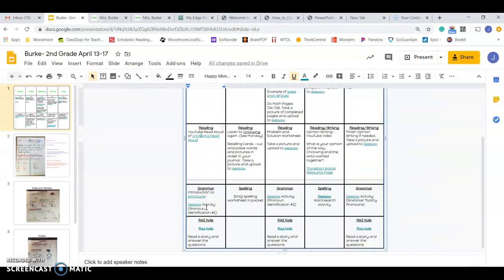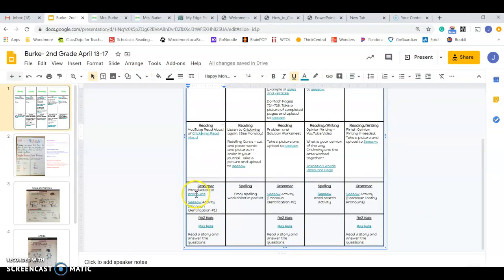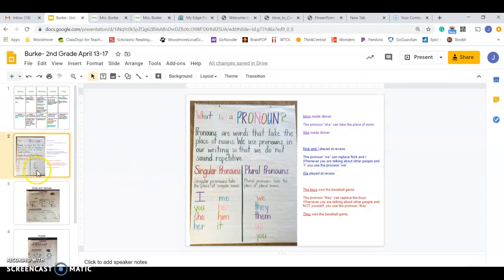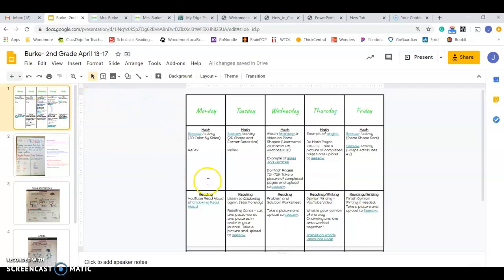Then we go to grammar. It is an introduction to pronouns. Okay, again, if you click on the word pronouns, it'll take you to slide 2, which you can see over here on the side. This is an example of a poster and how you can explain pronouns to your student. We briefly talked about them the last time we were in the classroom. I know that's been a long time from now, but go ahead and read them this anchor chart, okay? I even gave you some sample sentences off to the side. Going back,